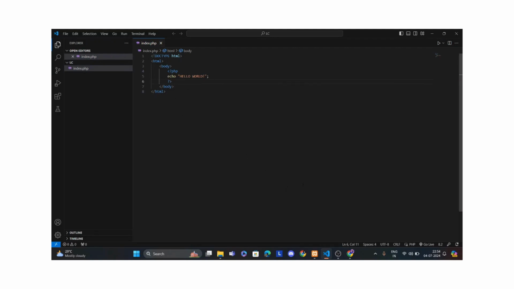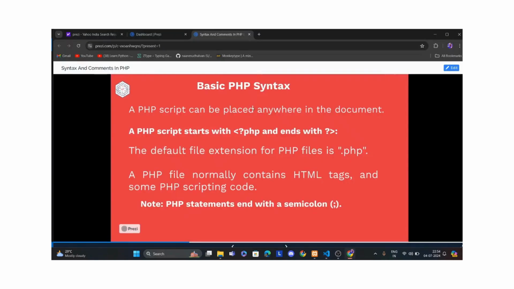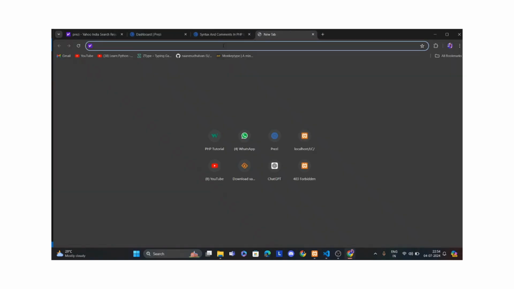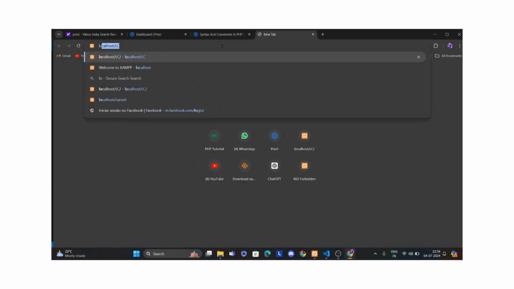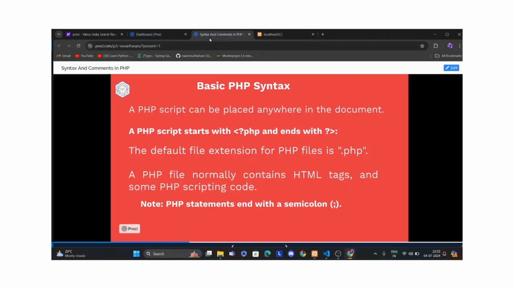Then run Chrome to localhost. Localhost / the folder name you can use. I am using LC, so use LC and enter. Hello world will be printed. So next you can see the